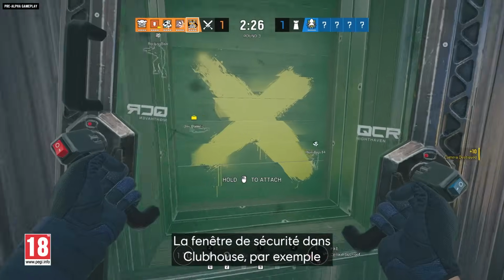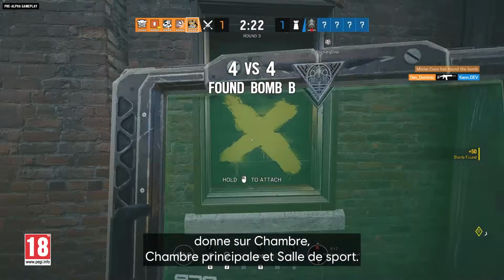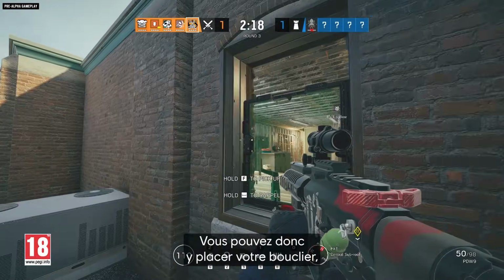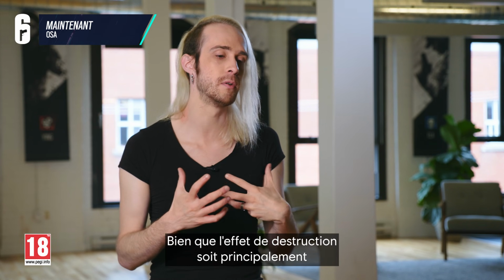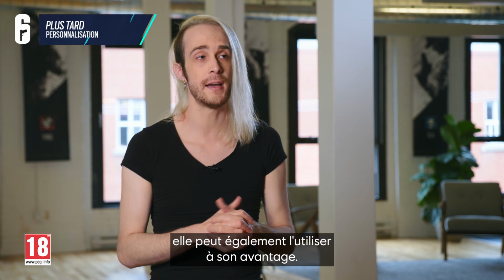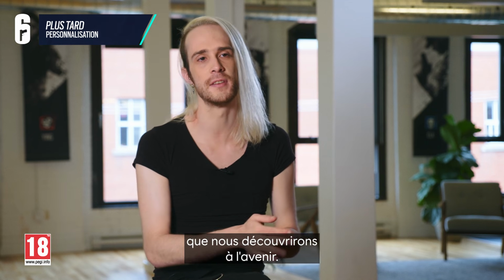as well. The security window on Clubhouse, for example, is looking towards bedroom, master bedroom and gym, and you don't really want the defender to use it, so you can place your own shield there and shatter your own shield with your own melee to shut the line of sight. So that shattering effect, even though it is mostly intended as a counter available to defense, is a tool that the attacker can use in a clever way, and I'm sure there are many more options that we'll see happen in